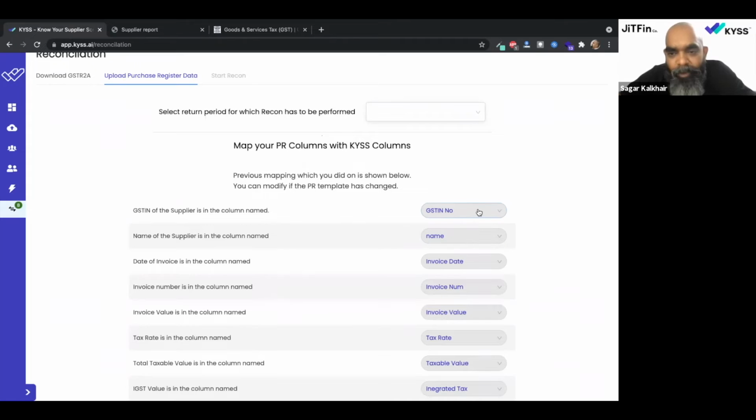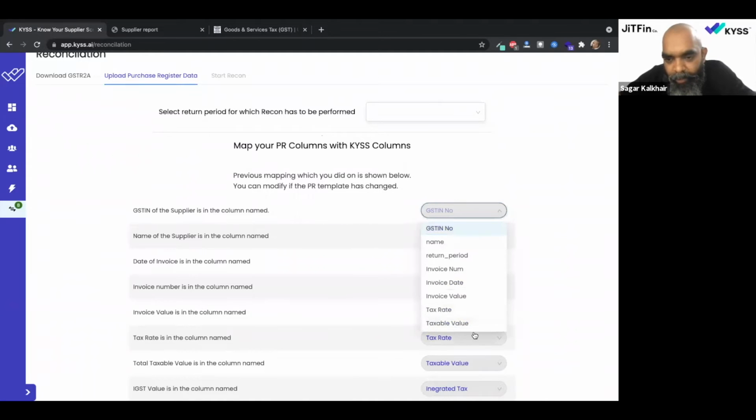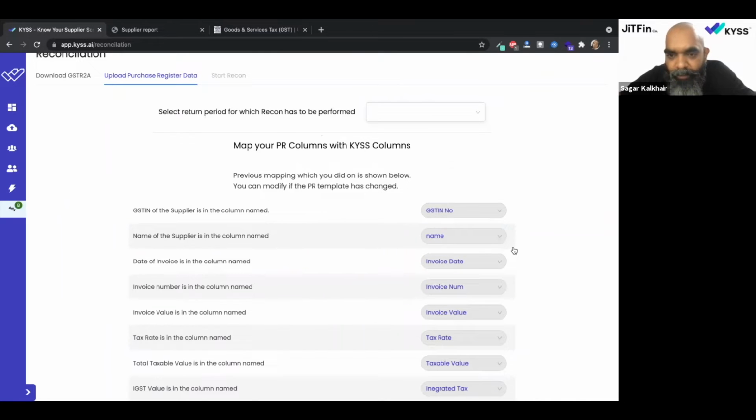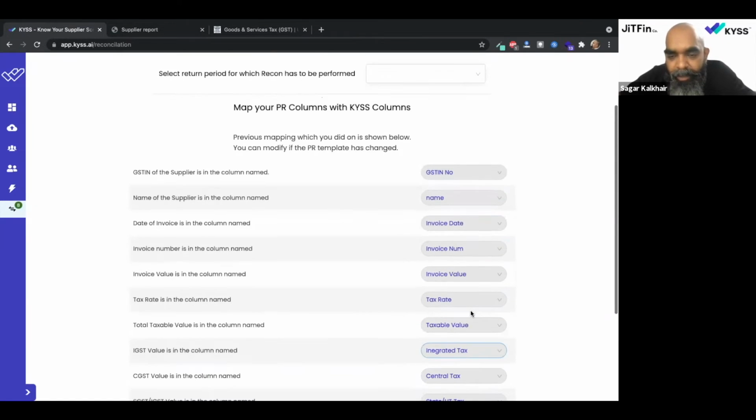So it would ask you for mapping, and you can then select all the columns that were there as part of your Excel, and then select one of these two and start mapping. Now in our case, this is already mapped because I'm using this template for the second time, right? And the same thing would be for you as well. Once you have told the tool what column name in your Excel or CSV maps to what kind of data, the tool remembers that and keeps it until the template changes from your side, right?